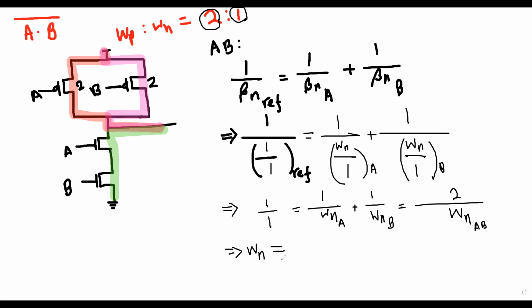Now Wn for A and B, it will be 2. For A, for B, this will be 2. So you have to write 2, you have to write 2. So right now, I believe most of you do not understand why this is necessary, but trust me, this will be necessary when you do lab number 1, lab number 2, lab number 3, 4, 5, 6.